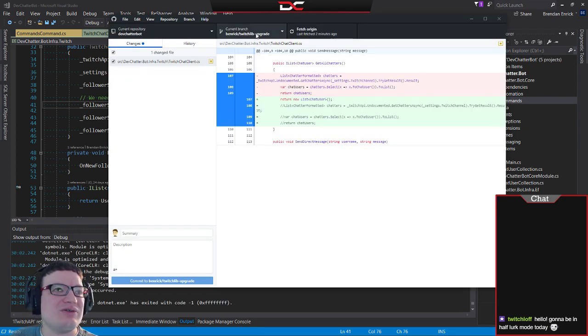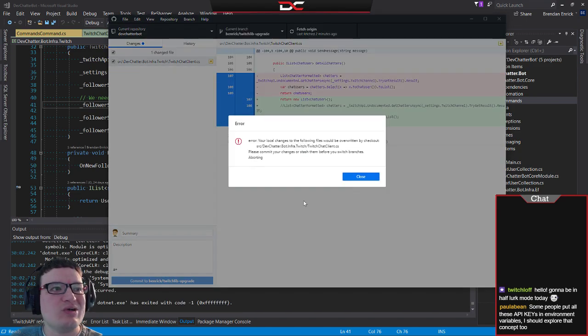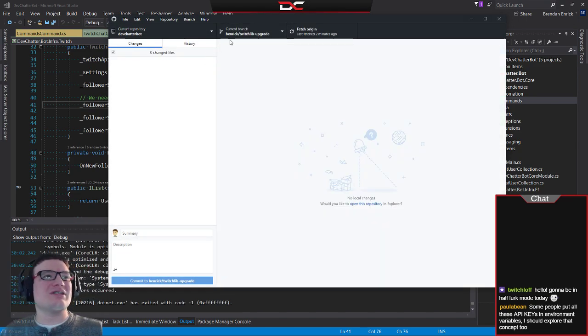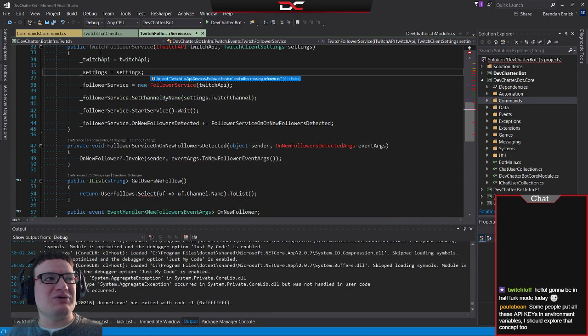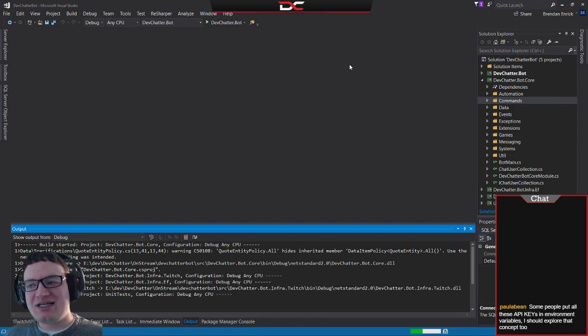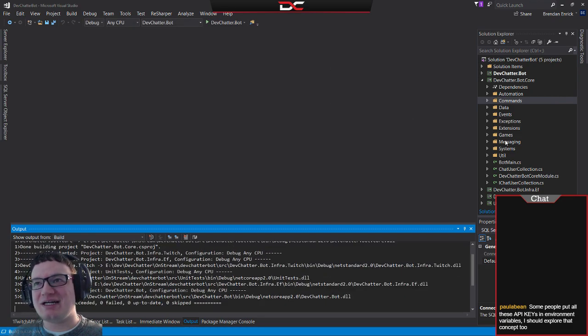I am going to hop off of this branch for now. We're not going to work on that one at the moment, because it's not working all that well. I don't want to go digging around into why the TwitchLib upgrade isn't working just yet. We're going to do that one off stream, because I'll have to mess around with auth tokens and things like that, and I'd be on the no peeking screen longer than I'd like. To avoid that,